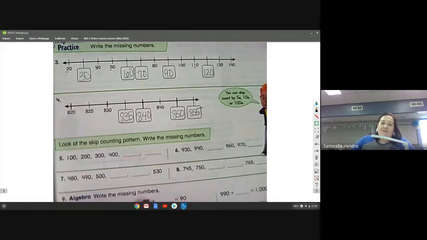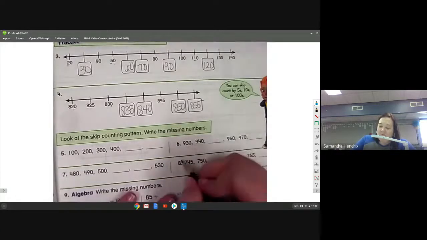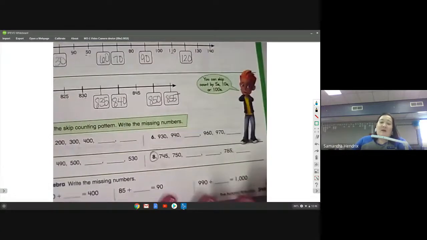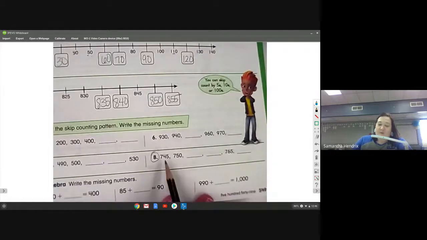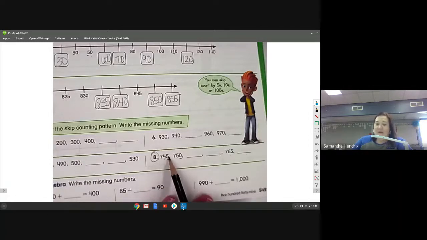Okay? Let's look at this one. We are going to do number 8 together, and then you're going to pause and do the rest, okay? So we have 745, 750, blank, blank, 765, blank. Our ones are changing. So as we're not counting by tens and we're not counting by 100, we're counting by fives. So let's look, 745, 750, so then we're going to be